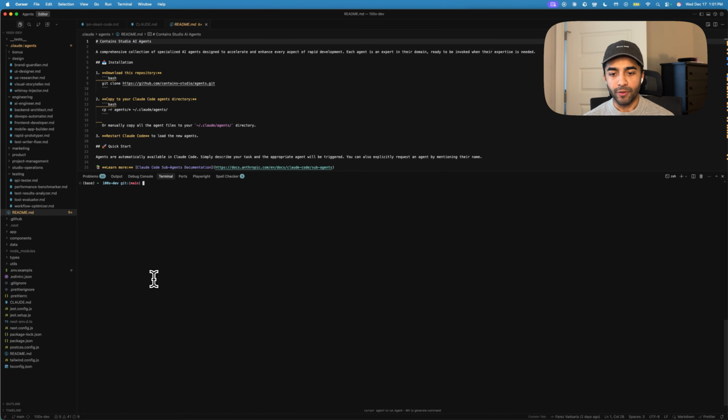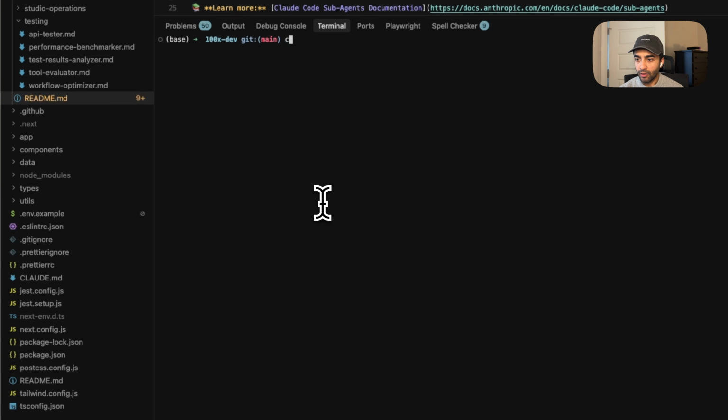One of the more powerful features of Claude is being able to use subagents, which allow you to parallelize tasks. So we're going to do this here. We're going to start Claude with my previous session that I'm going to continue with